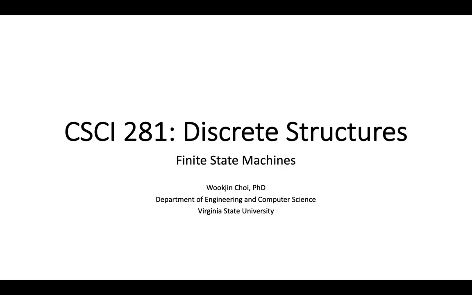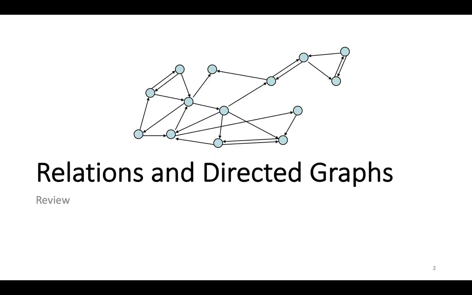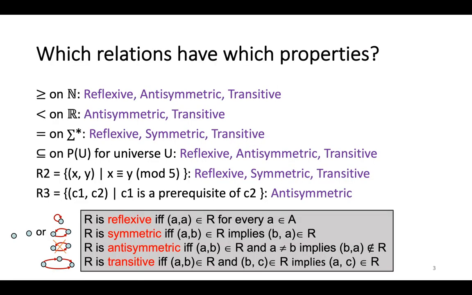Hi, today we are going to cover finite state machines. Last week we have seen relations and directed graphs. So relation is about two things, basically two sets, and we can use this relation on a single set,